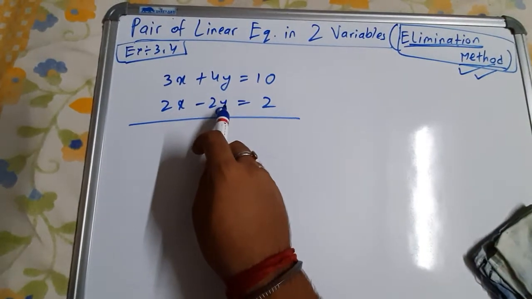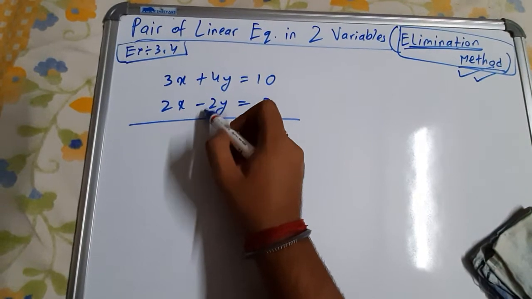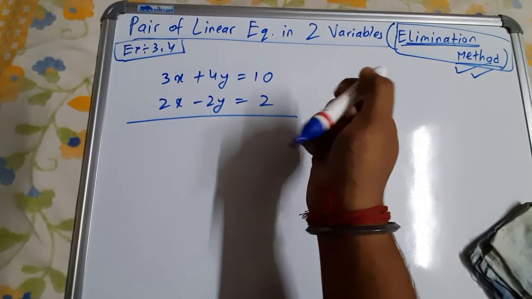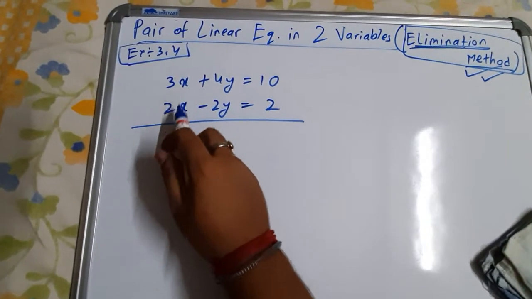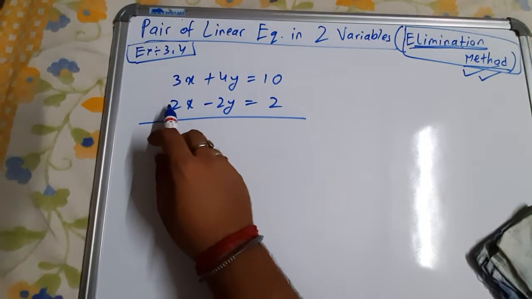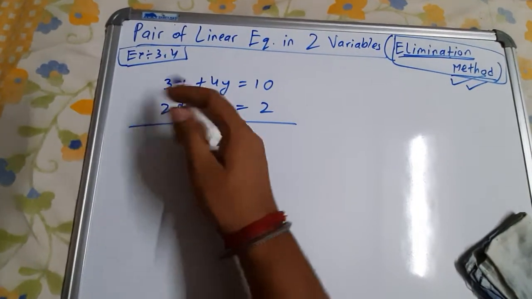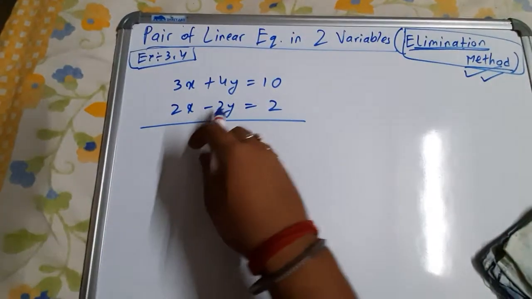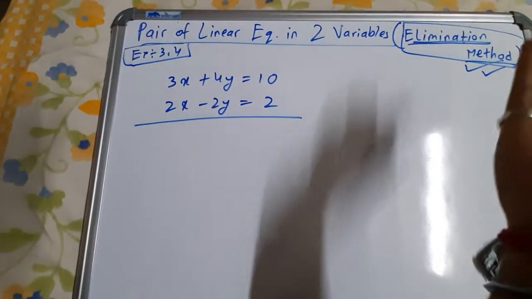I will choose y. The reason is because see the minus and plus signs, they are opposite signs. If I add these two equations, the y term will cut. I don't have to subtract. But if I want to cut the x, then see over here it is plus, over here it is plus. So I need to subtract the two equations so that x will cut. So addition is always easier than subtraction. You also know. Okay, so I will eliminate the y. It's up to me, and also it's up to you.